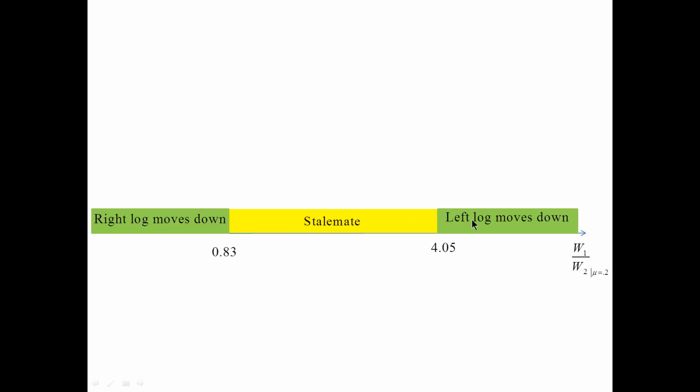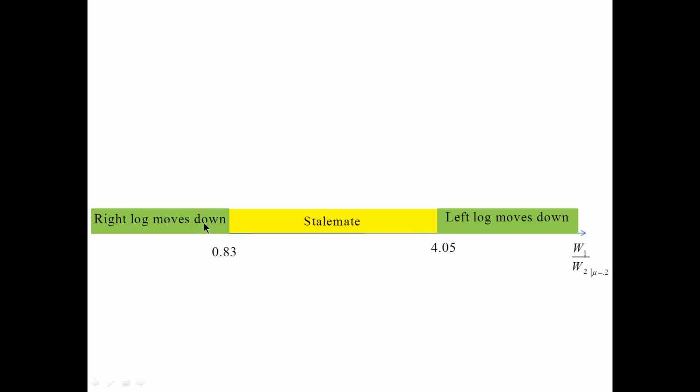On the other hand, if the ratio of the weights is above 4.05, then the left log takes an upper hand and it moves down while the right log moves up. For all the weights with the ratio in between 0.83 and 4.05, we have a stalemate. The asymmetry in these values is not surprising,